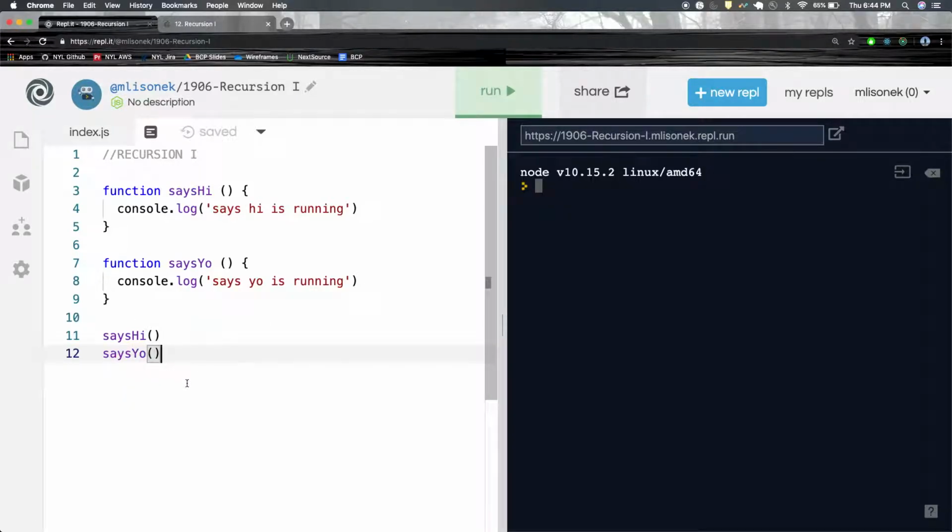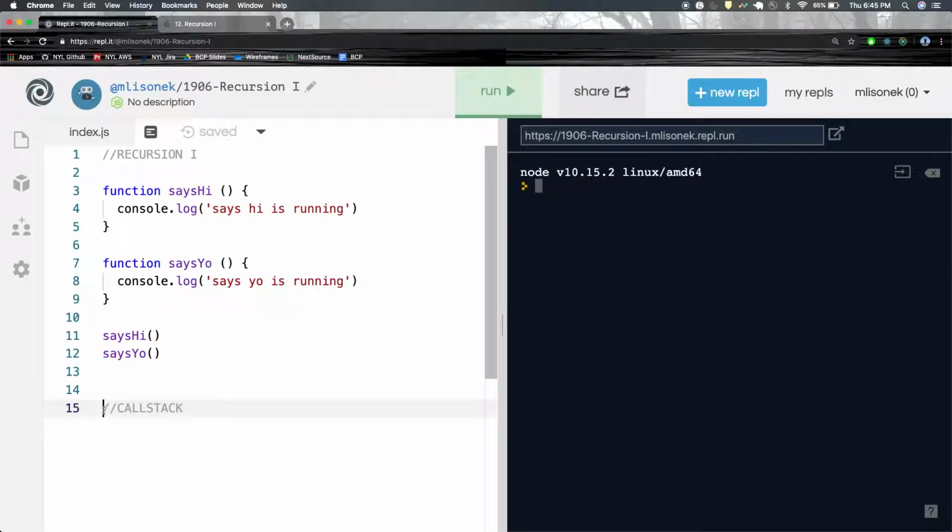I have these two simple functions up here, says hi and says yo, right? And then down here on line 11, says hi is being invoked and says yo is being invoked. So when I run this page, what is going to happen,